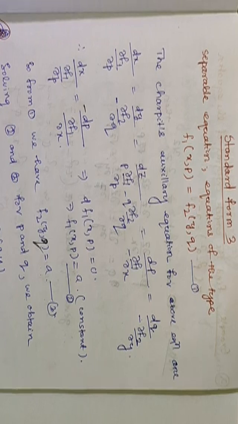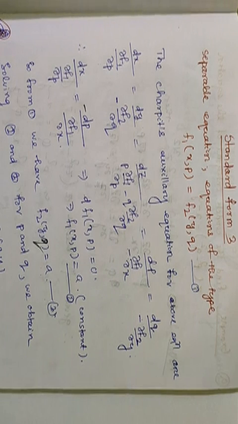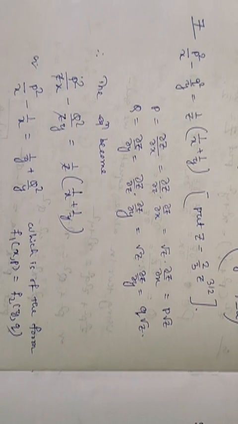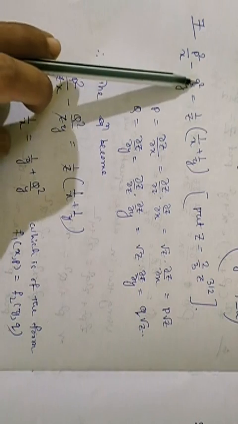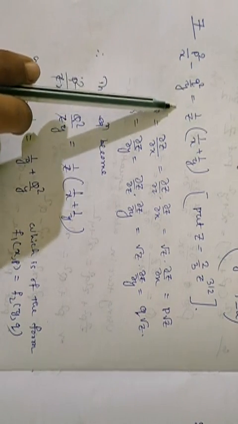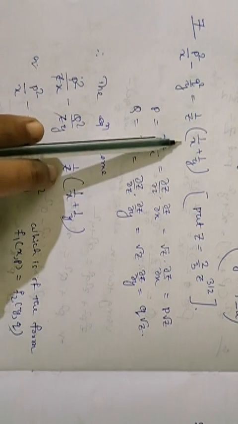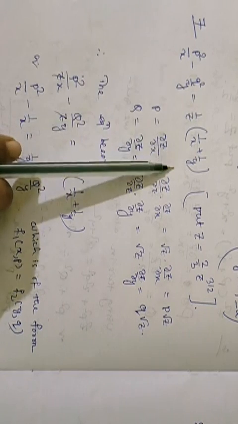Now in this video we will discuss a first order nonlinear PDE which is not exactly of this form but can be converted into this form and solved in this way. Take this problem 7: p square by x minus q square by y is equal to 1 by z into (1 by x plus 1 by y). So this is the given equation.